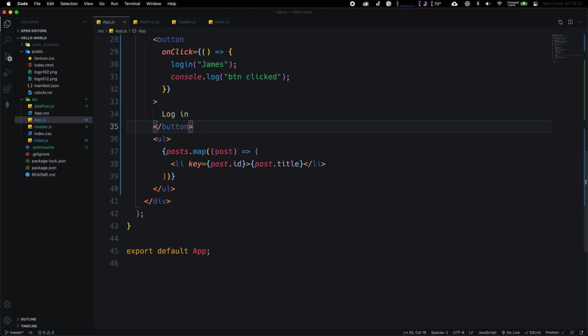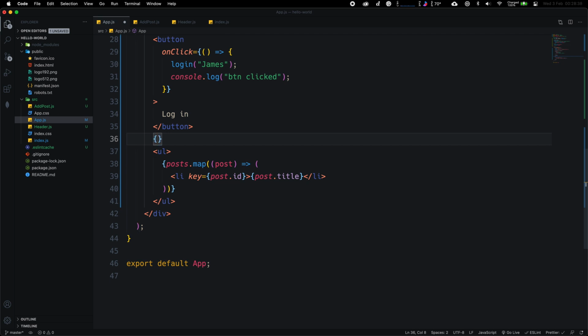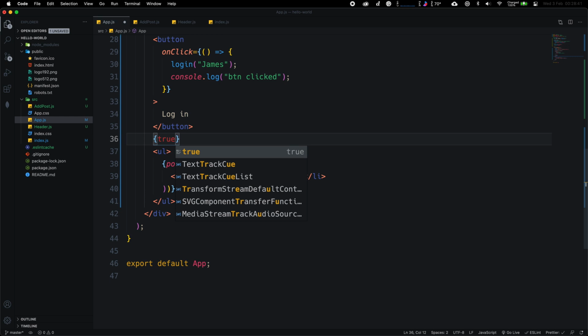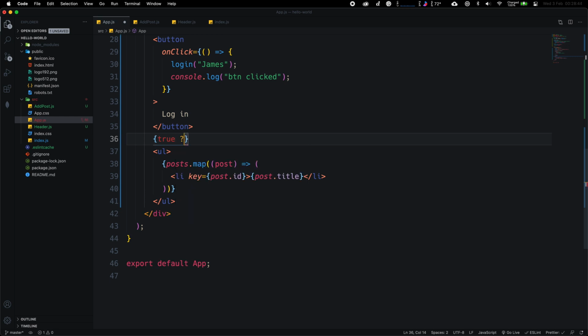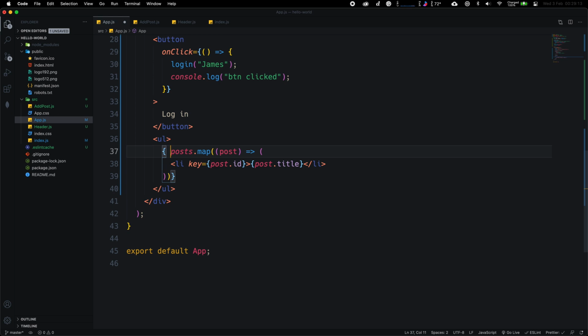In JavaScript, you have a statement that looks like this: a true or false value, let's say it's true, and then a question mark, and then you write what happens if it's true here. Value is true, and then a colon, and then value is false. This is a conditional expression, and we can use this sort of one-line conditional to actually conditionally render things onto the screen. And this argument over here can just look at the value of state. So for example, if we have our posts here, and we're obviously already in curly brackets, what we could do is evaluate whether the